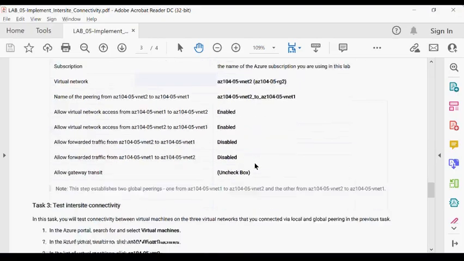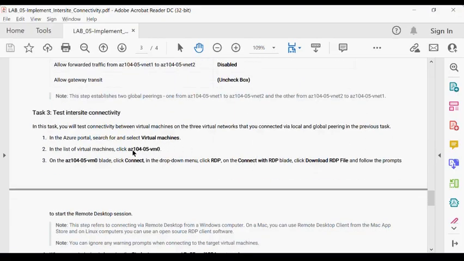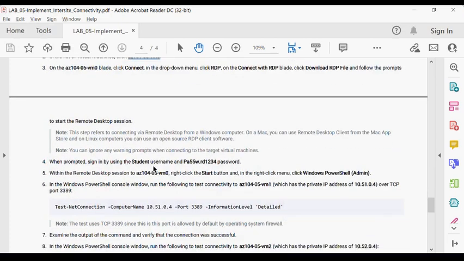Just go back to the lab, and what does your lab say? Connect to VM1. While connecting to the VM, it says use student as the username and the password as given here, and you need to log into the VM first. So for logging into the VM, since this is your private network, you cannot log into these IPs.